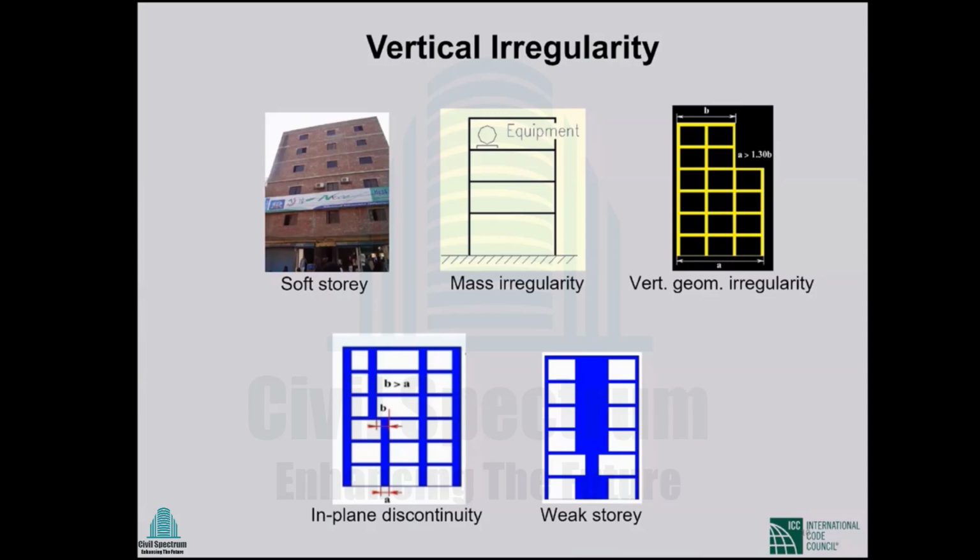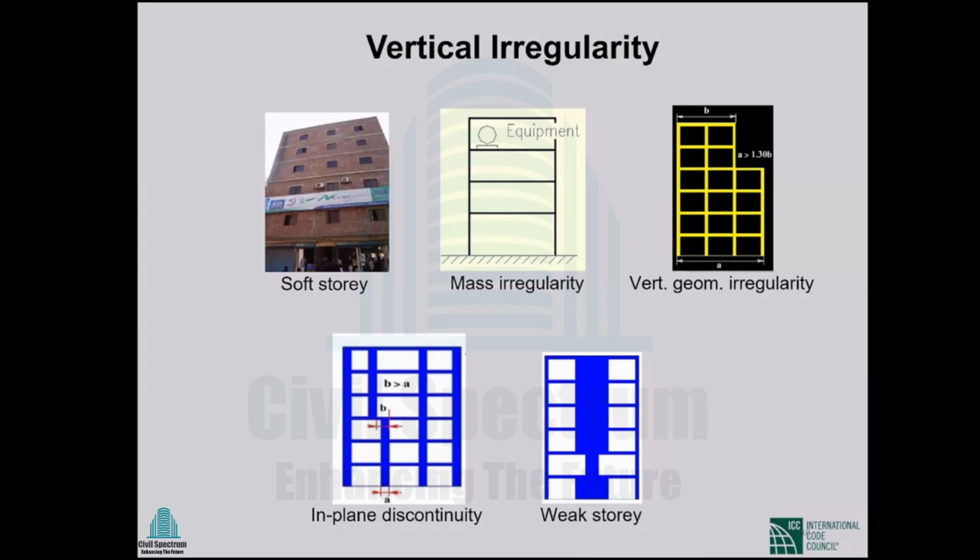That is one example. Another example may be that if you stop a shear wall at a certain height suddenly, then the upper story may be a soft story compared to the lower story. So this is related to stiffness. And why is it so important? Because in many earthquakes, it was found that these soft stories collapse very easily during earthquake. So there is a lot of literature regarding this. So this is one type of irregularity.